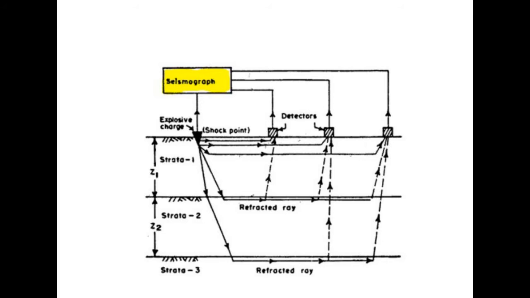Some of these waves are also known as direct or primary waves. They directly travel from the shock point along the ground surface and are picked up first by the geophone. Now this seismic refraction method is very fast, and it is one of the most reliable ones for establishing the profiles of different strata. They also have increasingly greater capacities to calculate, and finer calculations are done using these.